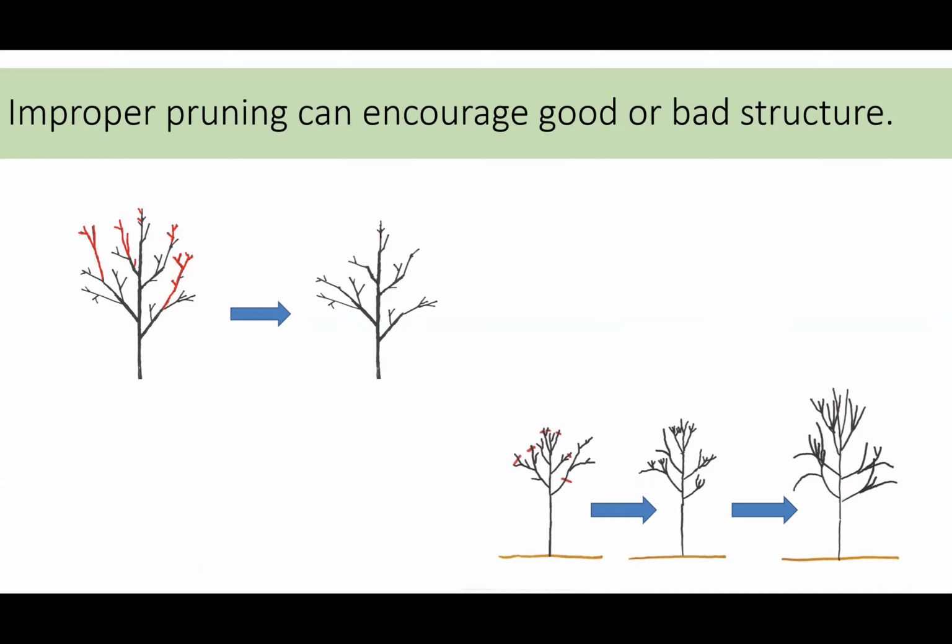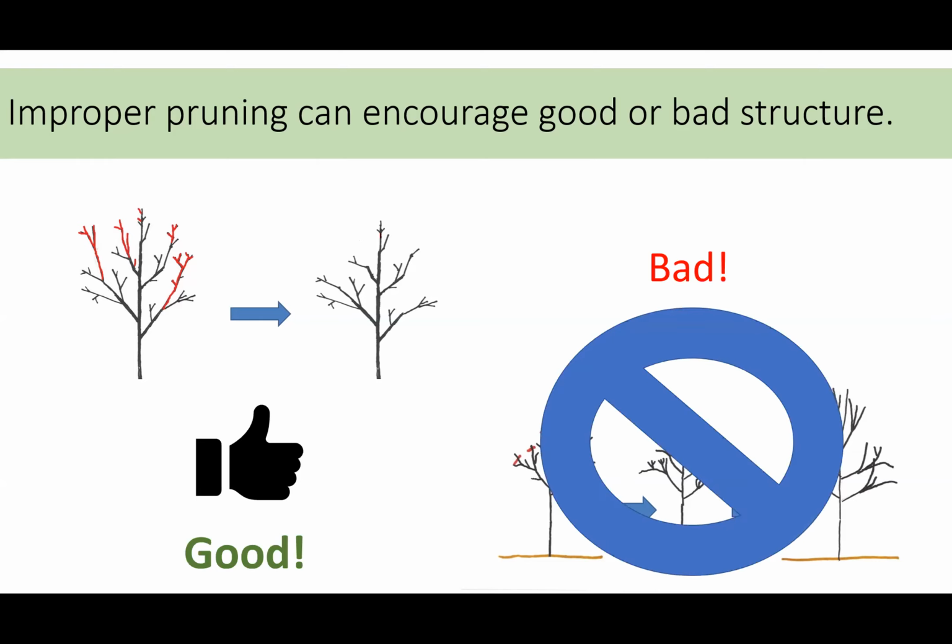On the other side of the slide here, we have bad pruning on the right. So in this case, every branch has been tipped to shorten it, the red lines. When you take off the terminal bud of a branch, that bud was creating hormones that suppressed all the lateral buds. So when you cut it off, the lateral buds behind it grow, and you can get this real witch's broom sort of habit. Very bad structure, much more prone to failure. So good pruning, bad pruning. This is obviously something we can 100% avoid if we know what we're doing, but it is sometimes an unintended consequence of pruning.